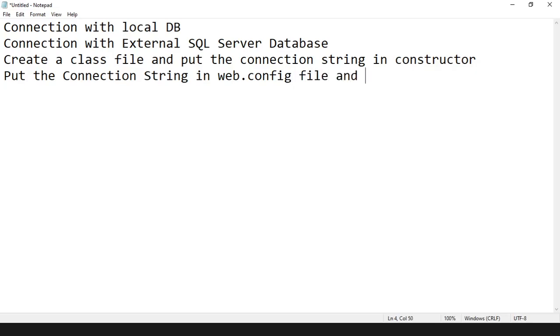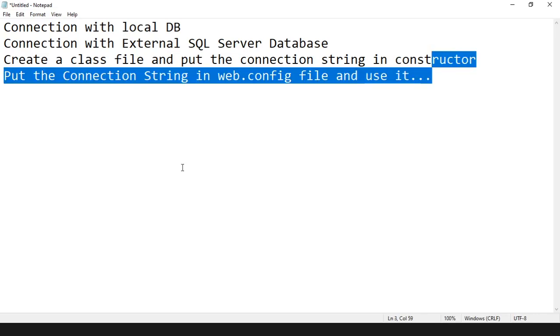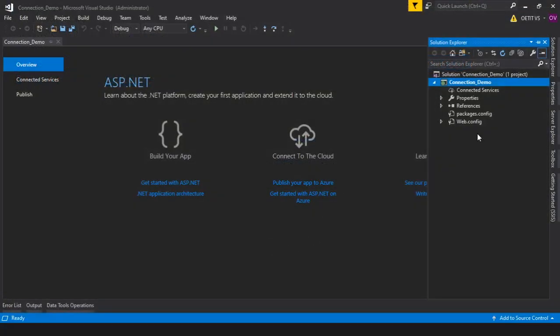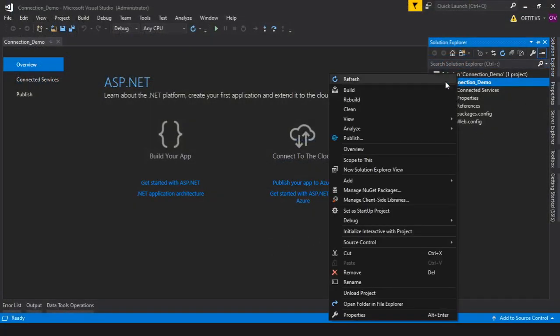You can write and use it in your whole application, right? Got it now? Yes sir. Okay, so these two we will do tomorrow, right? We will do these two things tomorrow, but today, right now I'm going to create the new web page.